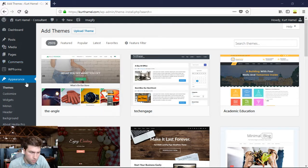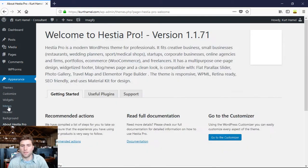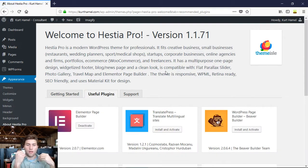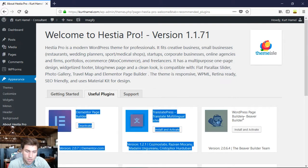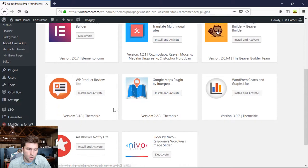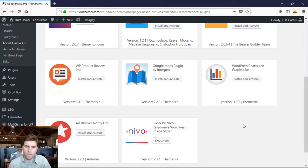I guess we can go into some more. A lot of themes will tell you, you can click over here about Hestia Pro on the sidebar, and they'll tell you useful plugins and stuff like that that go with your theme. A lot of times themes are built with plugins built specifically for your theme. Now, I don't even have these installed and activated, because I think once you get more experience with it, you can find better plugins that might work even better with that theme than the ones they recommend. But to start with, they tell you the ones that basically work